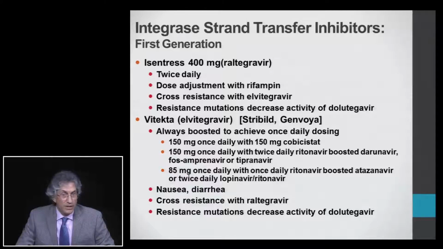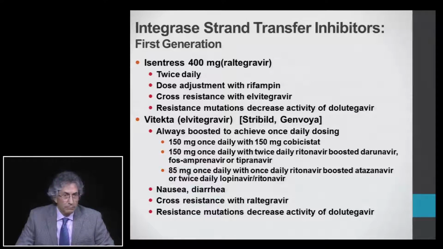It has cross-resistance with the other first-generation integrase strand transfer inhibitor, also shown on this slide. And resistance can happen fairly easily. It does not have a very high barrier to resistance. But other than rifampin, it has very few drug interactions. It works very easily with all the hepatitis C medicines, for example. So it still has a role. We also use it in post-exposure prophylaxis because it works very fast and is very well tolerated, despite being twice